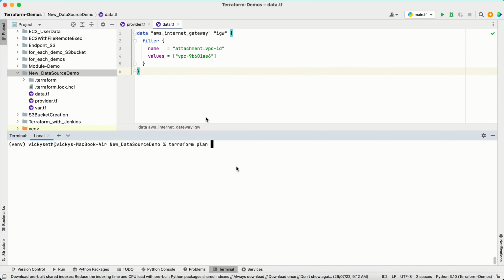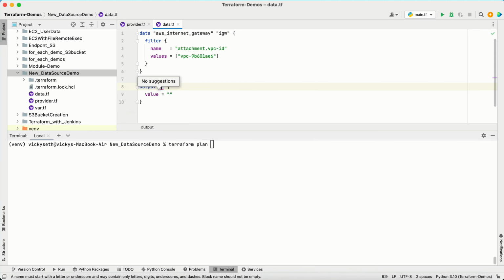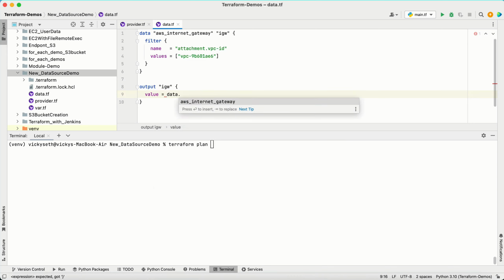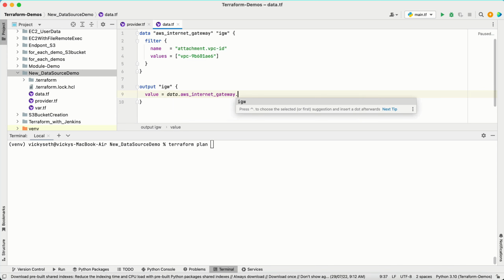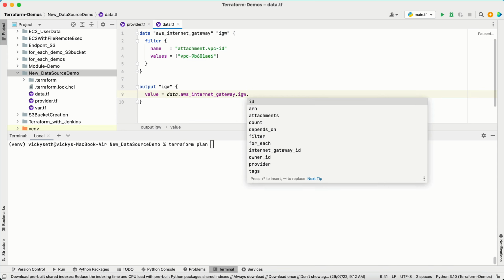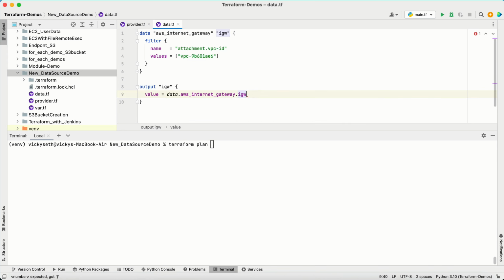Terraform plan, but before running the Terraform plan we need to check the output as well. So the output name is going to be IGW, and the value is going to be, again, start from data.aws_internet_gateway.igw, and here you can provide the attribute, but I am not going to provide the attribute. Let me print all the attributes so that we can see what all information we can get from here. So Terraform plan,